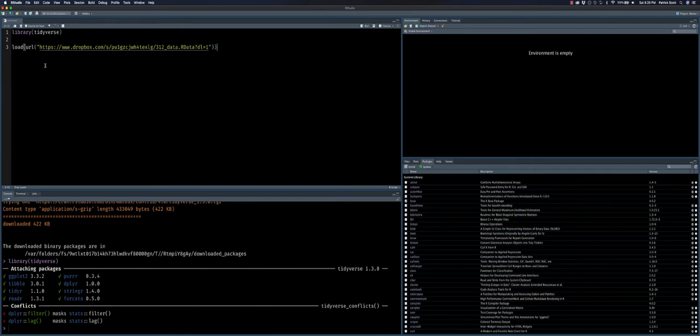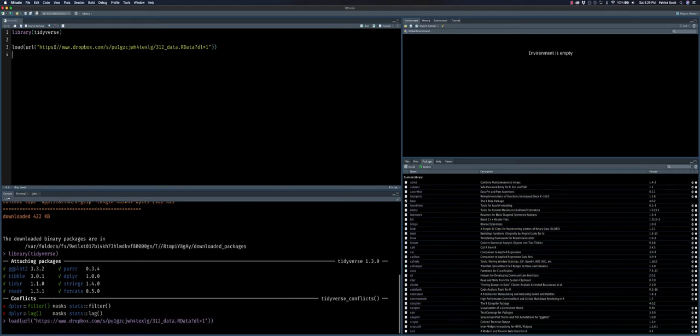So, the URL is a shared, publicly available link to this file. If you're ever familiar with Dropbox, it's a place to share files in the cloud, and so then you can just hit the share button and get a shareable link, and this is that shareable link. And there's actually a separate video on how to use this to install other data files, and I'll link to that video above. Now, here we're loading the full 312 data set,